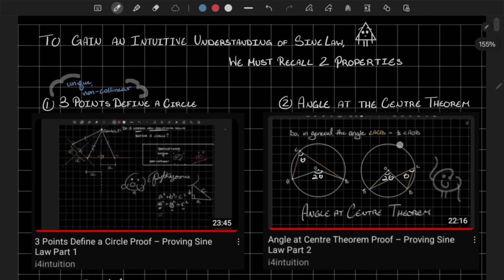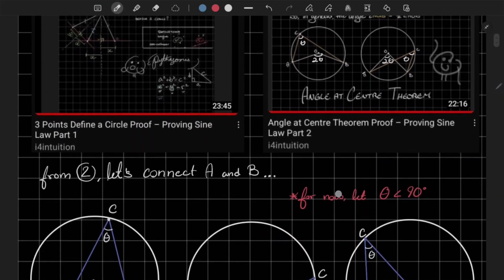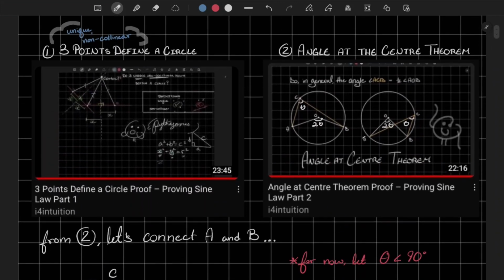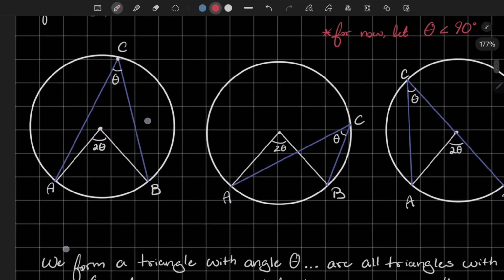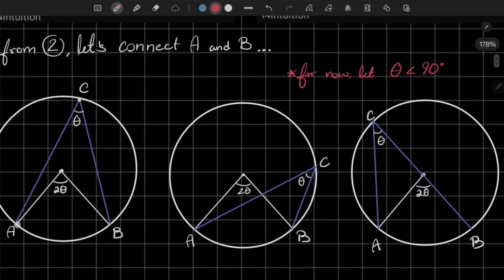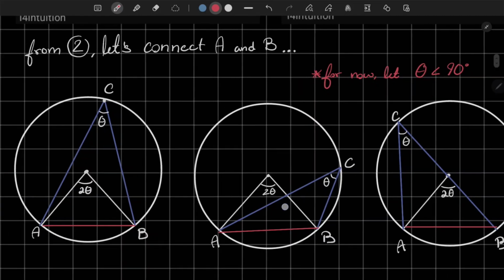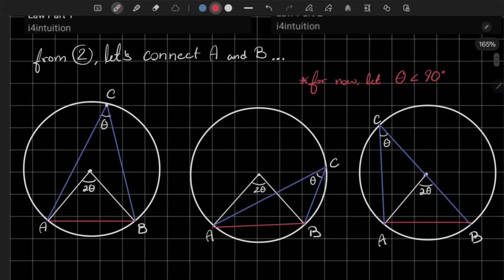Cool. Okay. So from this angle at the center theorem, we have these different configurations. So let's connect A and B. So I'm gonna draw a line between them, and would you look at that? We got triangles now. Okay. We got triangle ABC, and we have